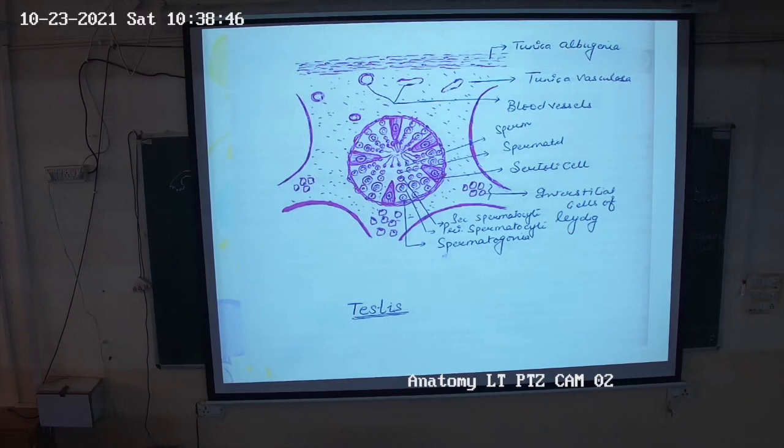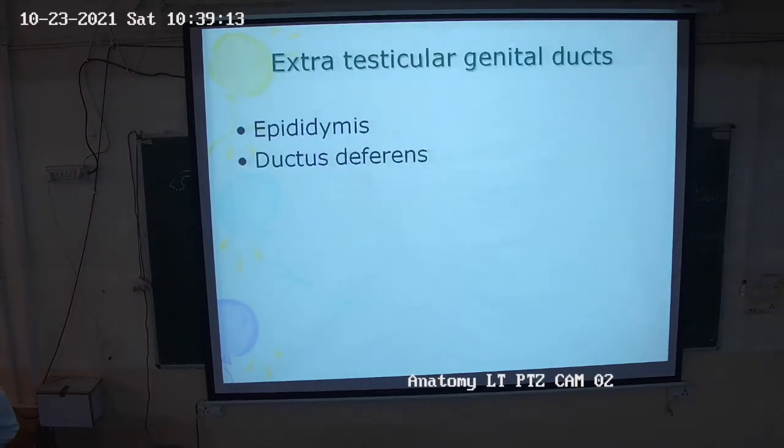So interstitial cells in the peripheral and the connective tissue part, Sertoli cells and spermatogonia, primary spermatocytes. ये जैसे जैसे आगे apical region में जाएंगे, वैसे वैसे younger cells will be present, and in this center concentration of the sperm is present. Okay, समझ में आया इतना? Histology of testis, is it clear for everyone? Then epididymis and ductus deferens.